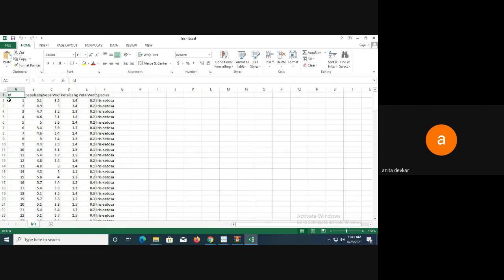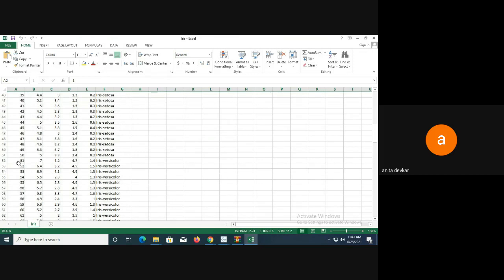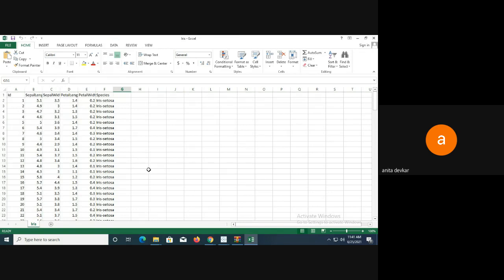You can see here from rows 2 to 51, 50 Iris setosa. For each class having 50 records, each flower has four attributes, or four features: sepal length, sepal width, petal length, and petal width. So these four measures are there. And what is our aim?